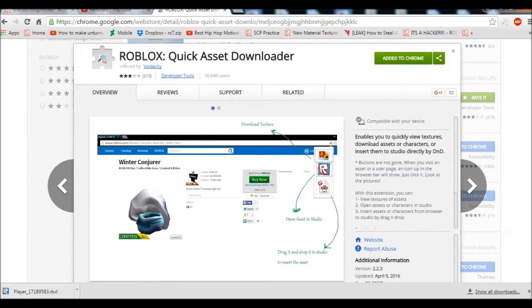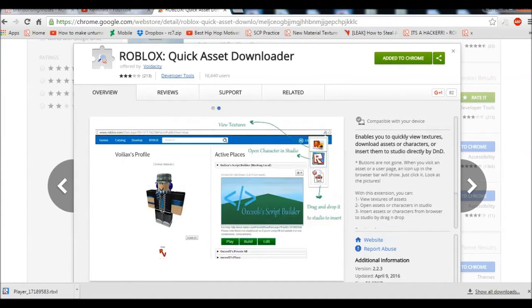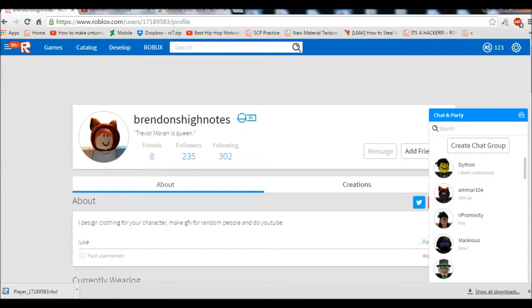Just click it and then click this button up here. It will say add to Chrome, and then give it permissions, and there. So anyways, once you've done this, this will appear down here. Just open the file.